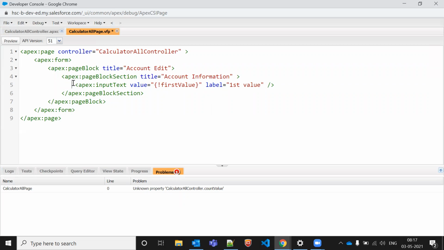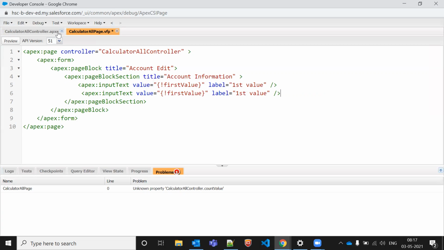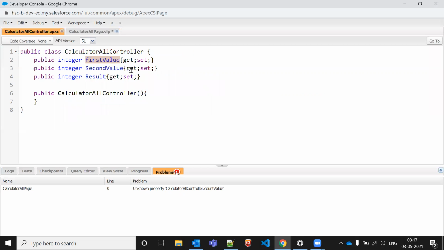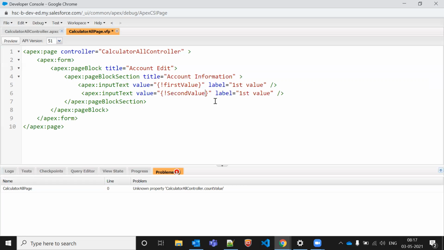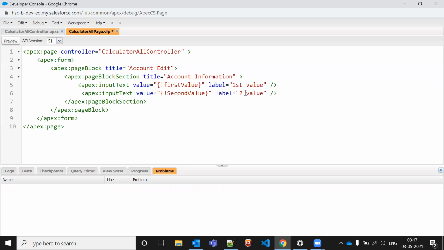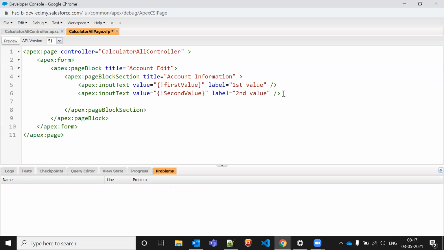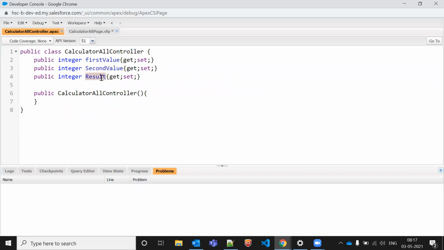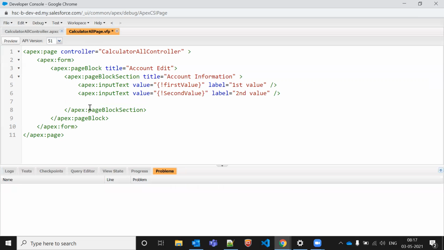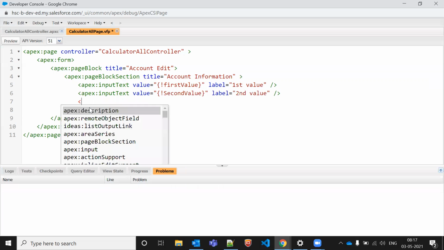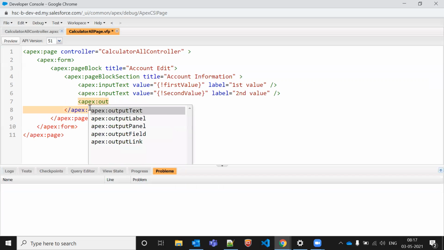So I can copy this one, paste here, and now it's a second value. Okay, so my result should be in output format, right? Not in input format. Output text.